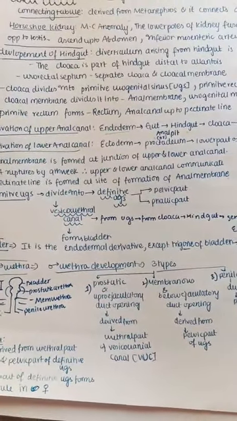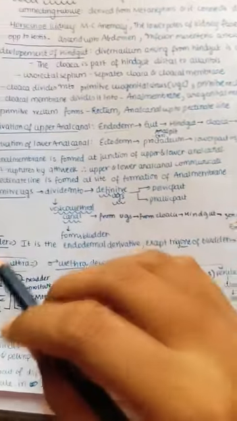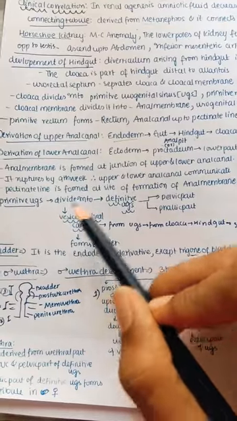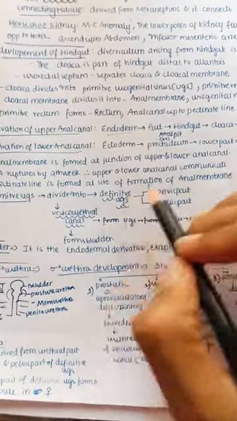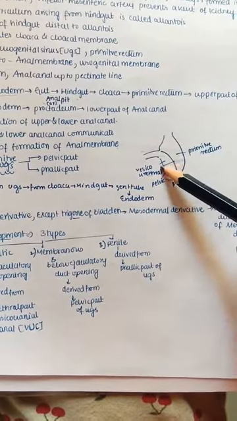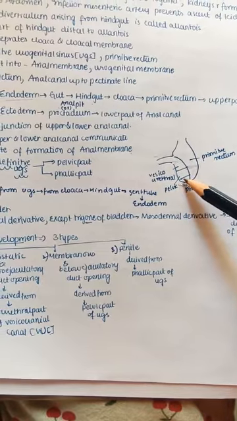And the pectinate line is formed at the site of formation of the anal membrane. As I said, this anal membrane later forms the pectinate line. And the primitive UGS, that is the primitive urogenital sinus, is further divided into the definitive urogenital sinus and the vesico-urethral canal. So this is the urogenital sinus. This is divided into this upper part, you can see the vesico-urethral canal, and this is the definitive urogenital sinus.